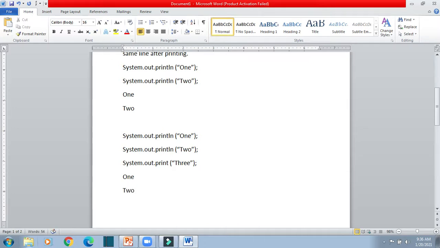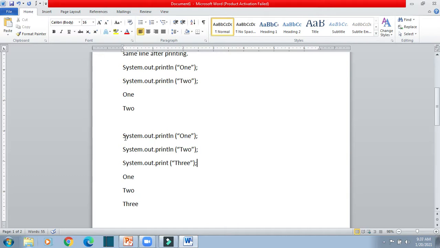Yes, correct. Sir, if you write any other thing again, then it will be written beside 3, in the same line, because the last one is print. Same line. Very good.